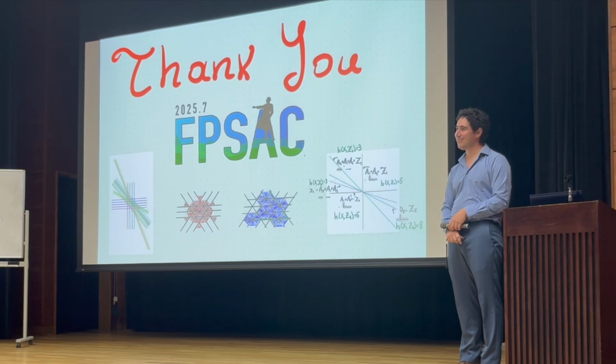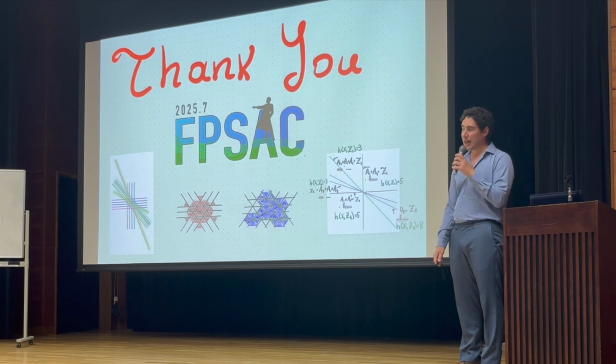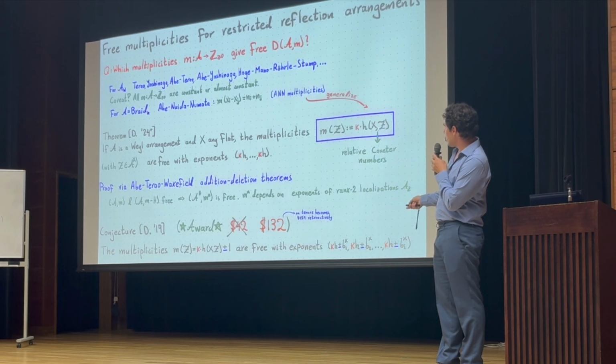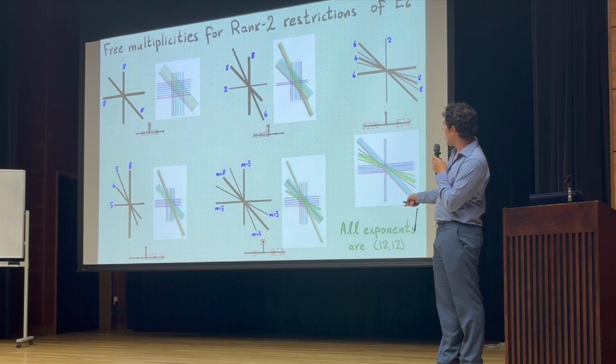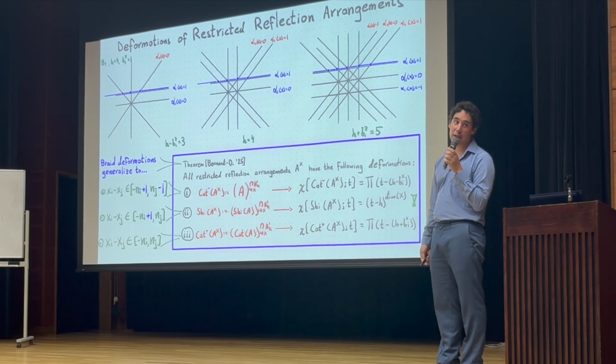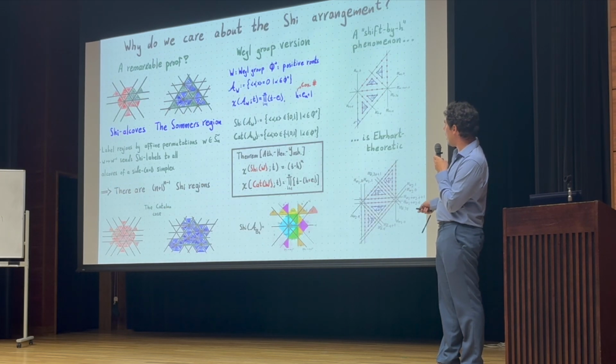Is this an actual finite group and basically root system property, number counting, or is it actually a Coxeter group property? So that's a good point. The deformations only work for the Weyl groups because the way that I define the deformations, one of the things that works is that I have to start with the Shi arrangement of the Weyl group or the Catalan arrangement and restrict it somewhere. The non-Weyl groups do not have Shi deformations and Catalan deformations, or some that work, so I cannot do them there. As far as the multi-